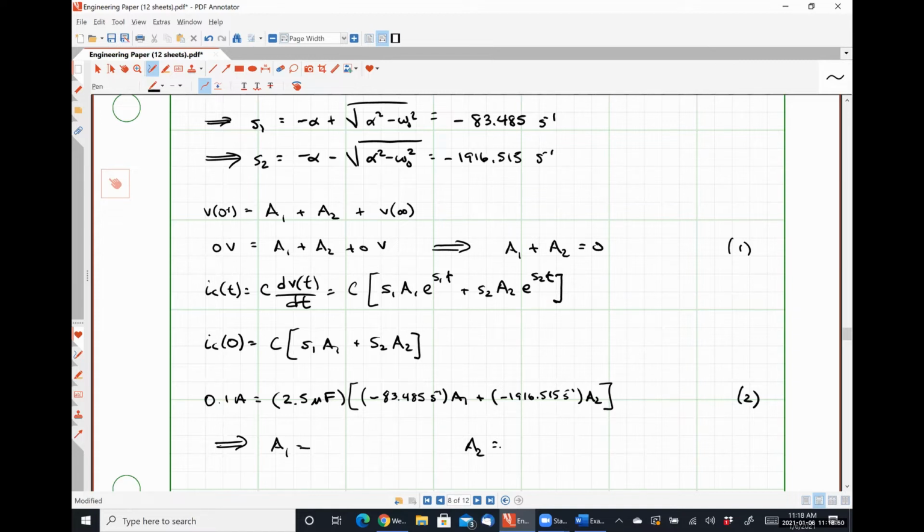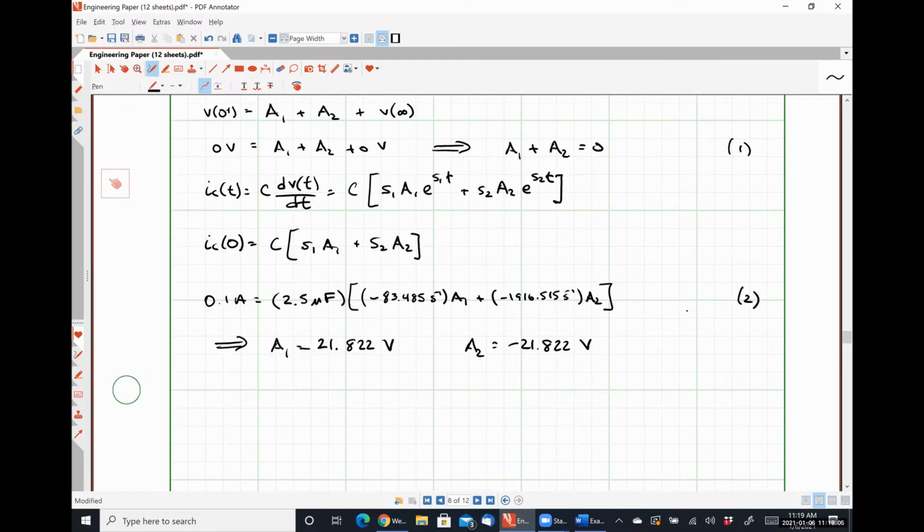Solve. We get 21.822 and negative 21.822 volts,